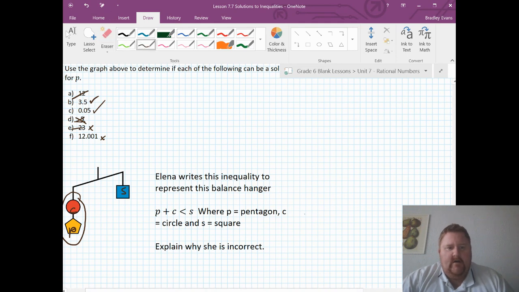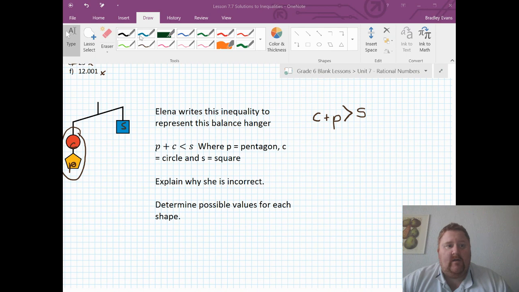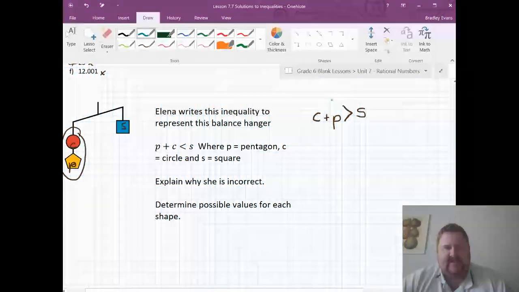What she should have written was that C plus P is greater than S, because C and P together have a greater weight than the S. All right, let's determine some possible values for each shape that makes our inequality correct. We're actually going to use the correct one here, where C plus P is greater than